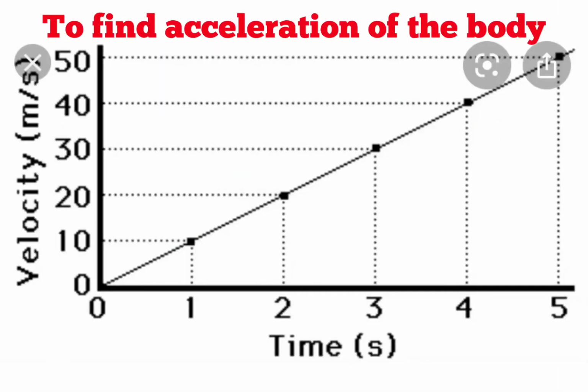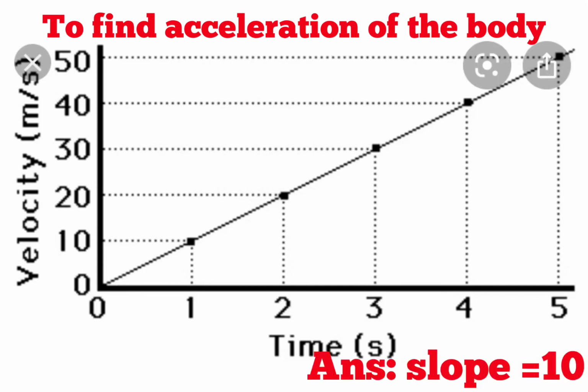Another use of velocity versus time graph is to find the acceleration of the body. And how you will find the acceleration? With the help of the slope, because ultimately the slope is the ratio of change in velocity upon time, and this change in velocity upon time is acceleration. So, students, keep in mind that slope of velocity versus time graph gives the acceleration of the body, and this is another task for you. You have to find the acceleration with the help of this graph, and you know how to find it.